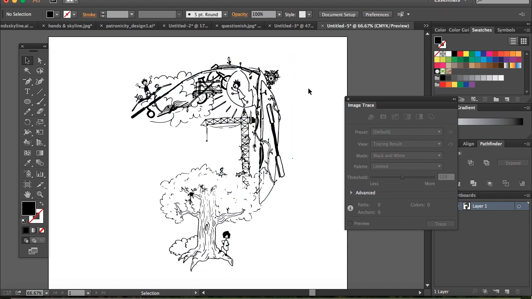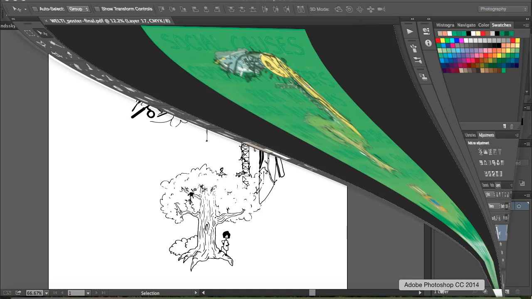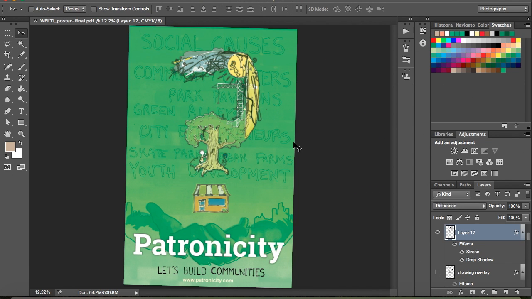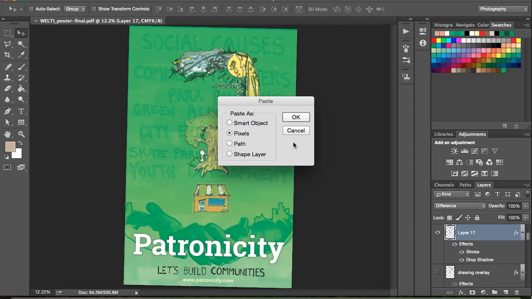And now that I have it copied onto my clipboard, I can go ahead and open up Photoshop, and I can paste it. It's going to ask you Smart Object, Pixels, Path, Shape Layer. I'm going to go ahead and pick Pixels,